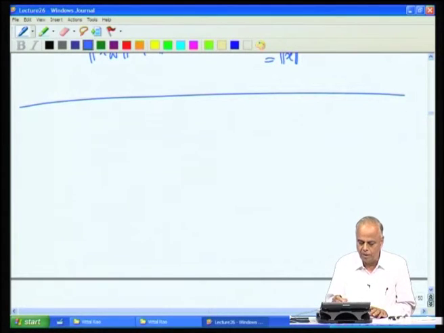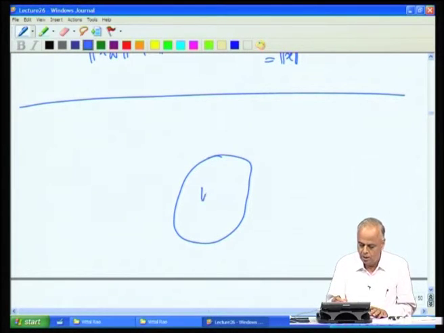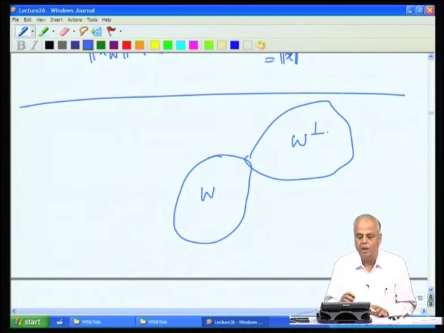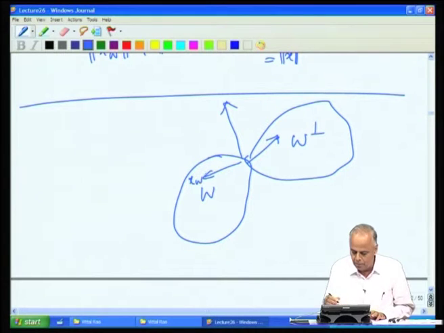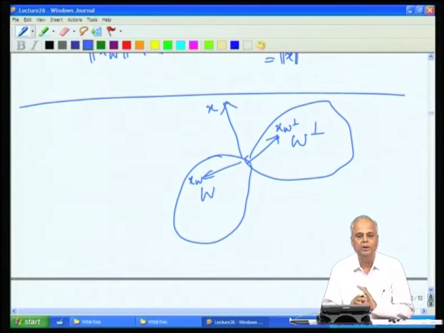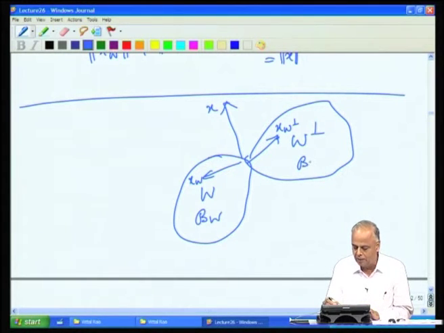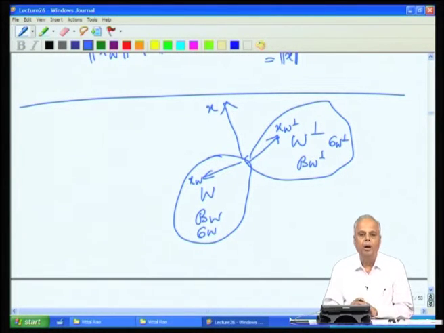suppose we have a subspace W in R^k, then there is a subspace W perp which is orthogonal to it, and any vector x can be split into a portion here and a portion there. This is the x_W and this is the x_W perp and that is x. Any vector x can be split into two parts and that splitting is unique, and the basis can be split into a basis here and a basis there, and an orthogonal basis can be split into orthogonal basis, which simply